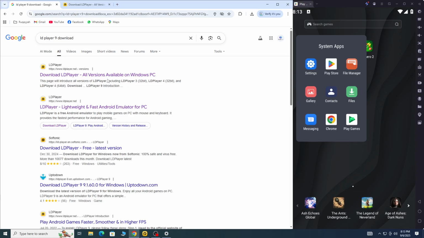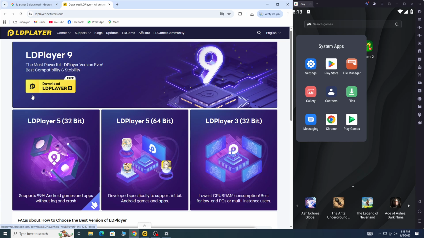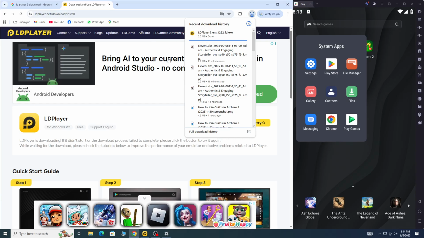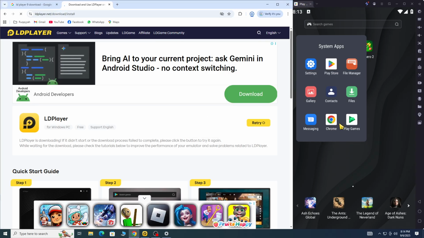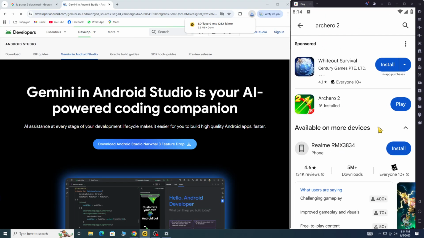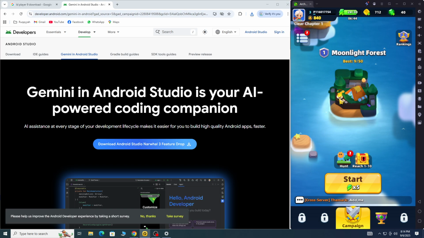Download LD Player and install Archero 2. First, we need to download LD Player, which is one of the best Android emulators for PC gaming. Go to the official LD Player website and click on the Download Archero 2 on PC button to get LD Player 9.0. Once it's installed, open LD Player and in the search bar, type Archero 2. Make sure you pick the version by Habi. That's the correct one. Now you'll be redirected to Google Play. Just sign in with your Google account, click install, and wait for the download to finish,